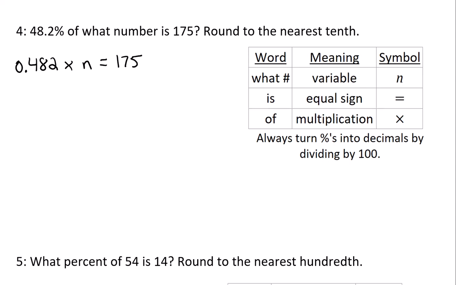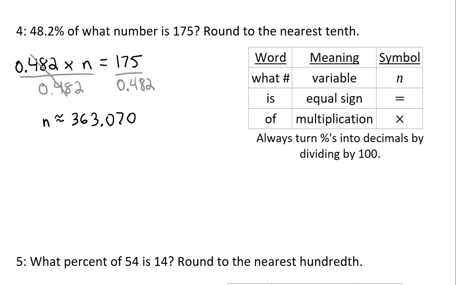And again, just like the previous problem, we have a number being multiplied by the n, so we have to undo the multiplication by dividing. So divide both sides by the 0.482. These will go away. They reduce to 1. When we divide 175 by 0.482, that's going to be approximately 363.070 and so on, but we want to round to the nearest tenth,